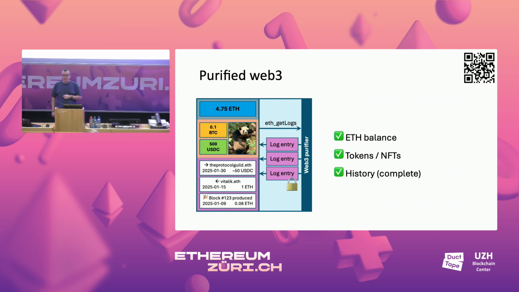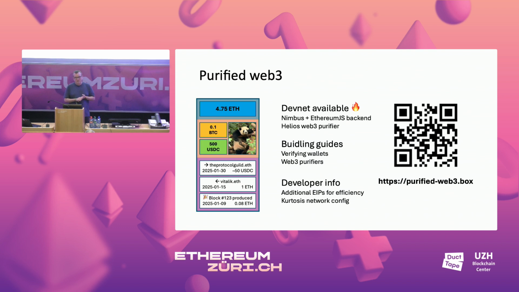There is still more missing, like when you click around in the wallet, maybe you want to see the transaction details. Those are covered by other EIPs that I won't talk about today. But all of this is available as a DevNet, like where you can play with. It's based on Nimbus and Ethereum.js. There is also the web3 purifier from